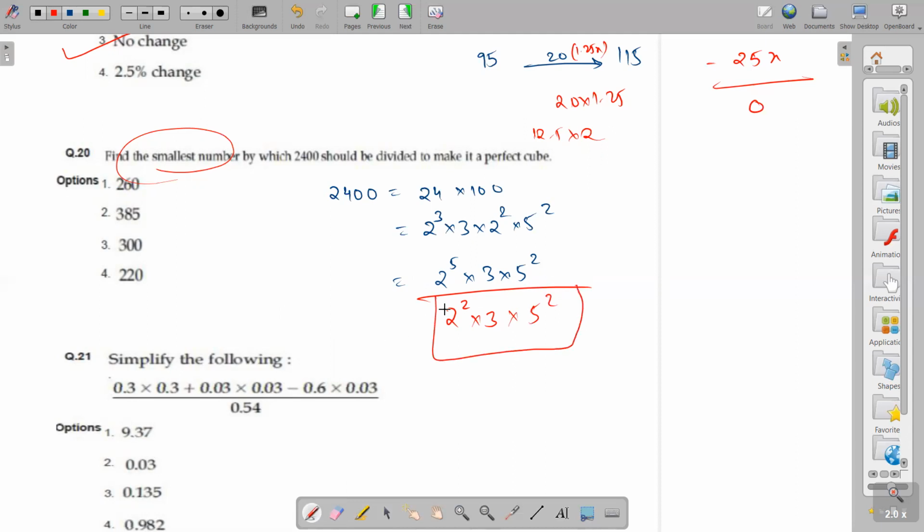And we have to calculate this value. What generally people will do, they will calculate 2 into 3 into 5 into 5. People will generally do it like this: 2 into 2, 4, 4 into 3, 12, 12 into 5, 60, 60 5s are 300. What will I do? 2 into 5 is 10. It will be 10 square because it is in square, and the remaining is 300. A few seconds I can save.